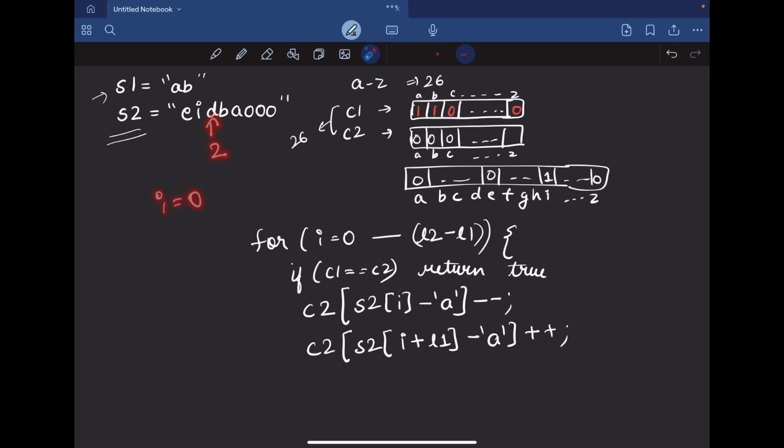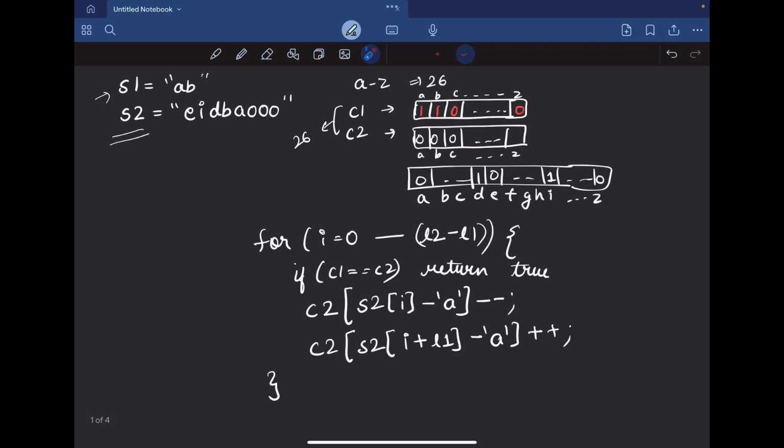So if we add the length of S1 to i, we'll get 2. So that means we need to add the i plus L1 element of S2, right? So we'll do S2[i + L1] minus 'a', right? So this will give you the index of D, which is 3. So it will do C2[3]++. So now this D will become 1, right? So now it will go to the next iteration. It will check, is C1 equal to C2?